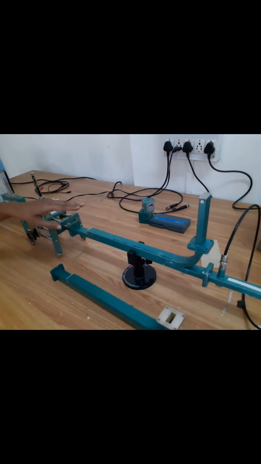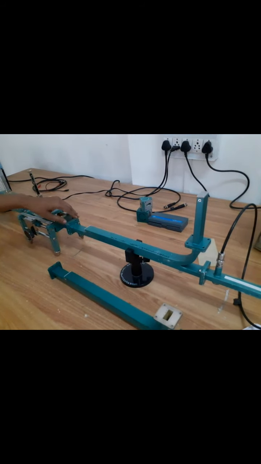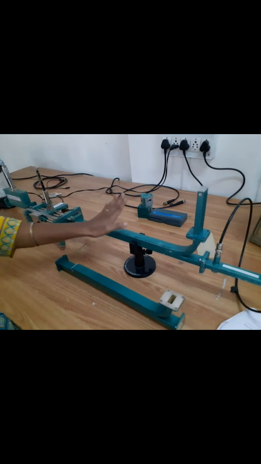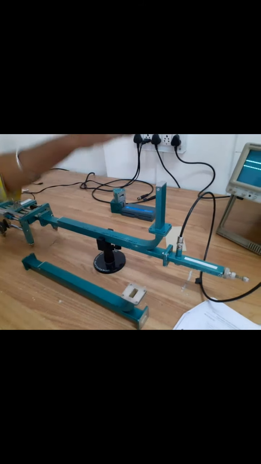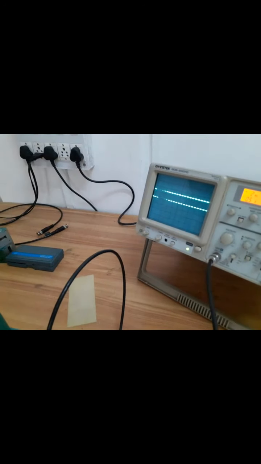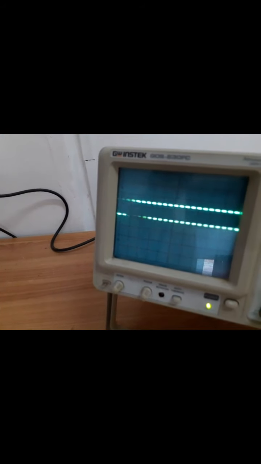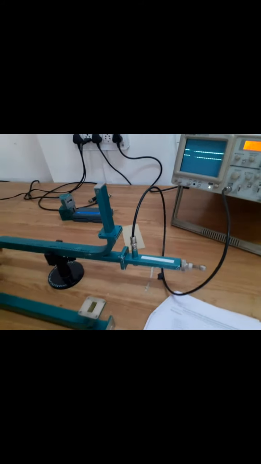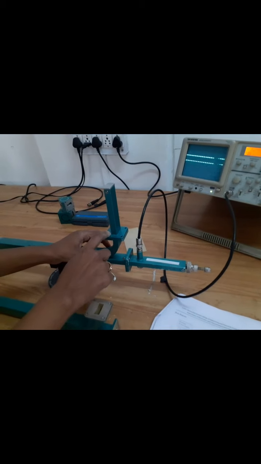Initially, without connecting this directional coupler, I have taken the reading which is considered as the input voltage, so that comes to 0.7 volt. Now we have connected this directional coupler and the detector mount is connected at port number 2. Here you can see on the screen we are getting the voltage as 0.7 volt, the same as the input voltage. Now we will see, by connecting the detector mount at port number 4, what the forwarded power will be.